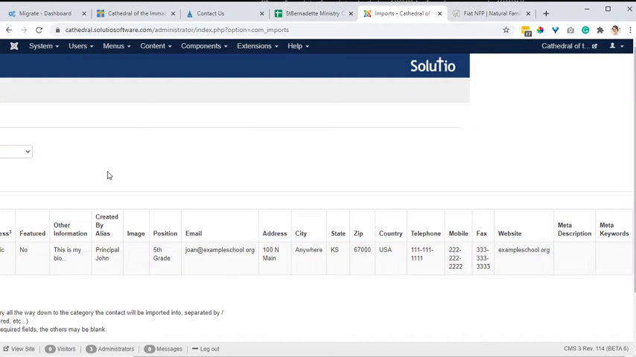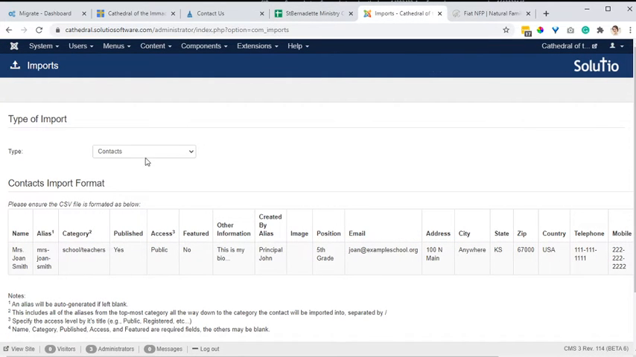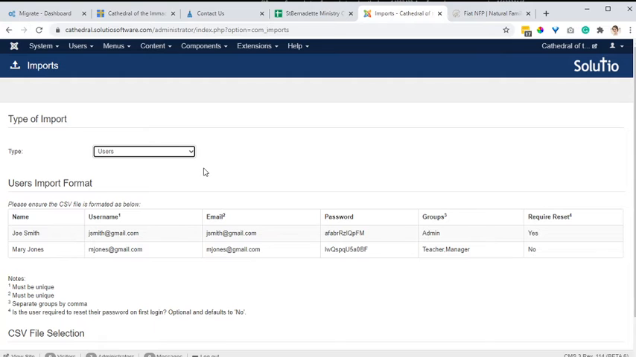And if I were importing users instead of contacts, I would have a similar setup: name, username, password, groups. So groups are going to be separated by a comma, but no space. And do you want to require a password reset? So indicate that as yes or no. And in our method of doing this, our username is usually our email address, but it isn't required. And it does say,